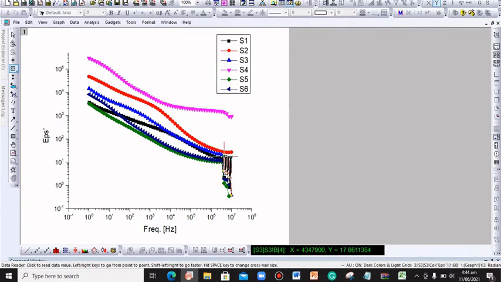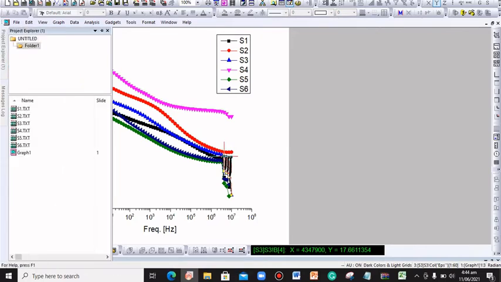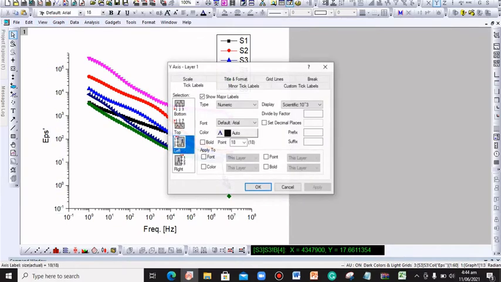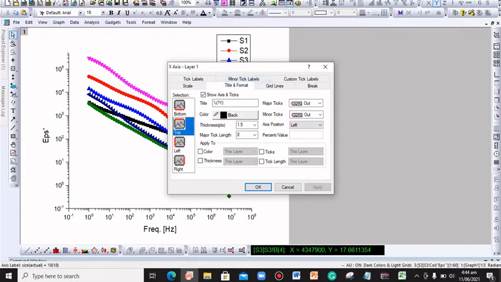Now you have moved all these data points, and now if you click on this arrow, you will get this graph a bit more smooth. You can do this for all these other data points as well. Now again, to make it look a bit better, click on the axis, go to the title and format, press top, then show axis, then follow these simple steps.